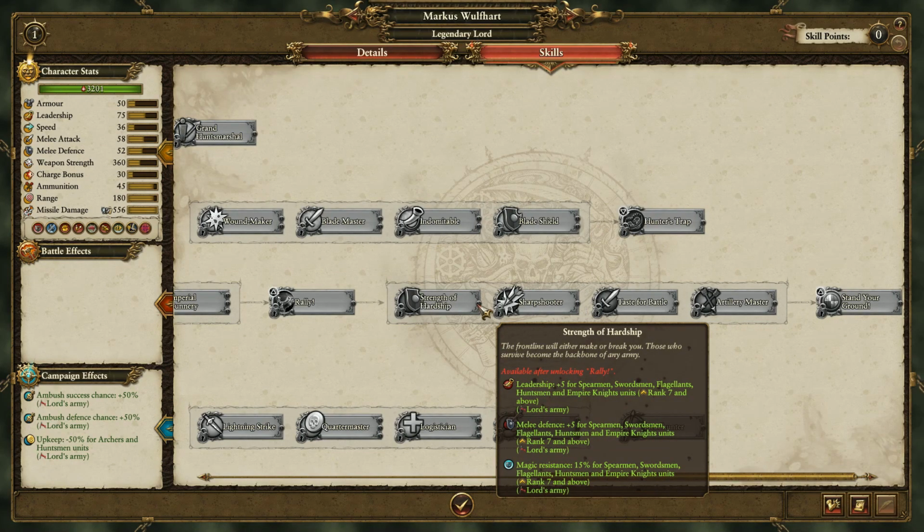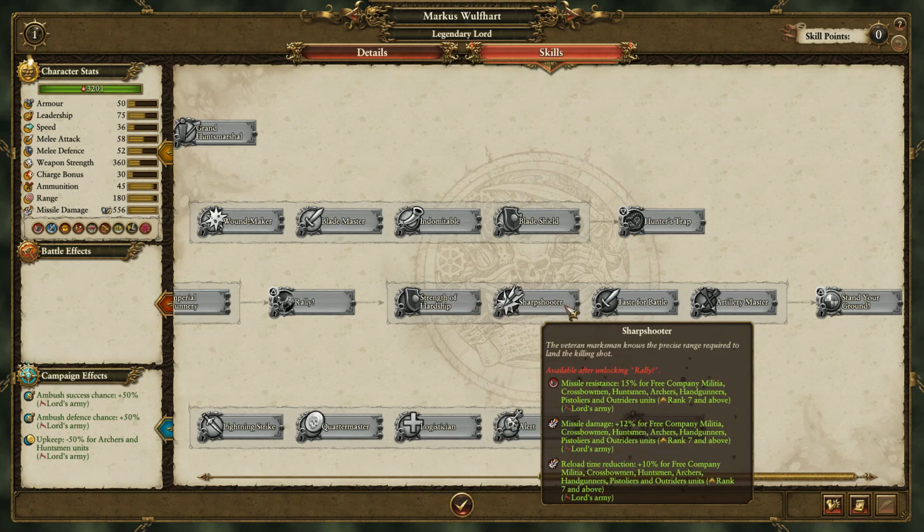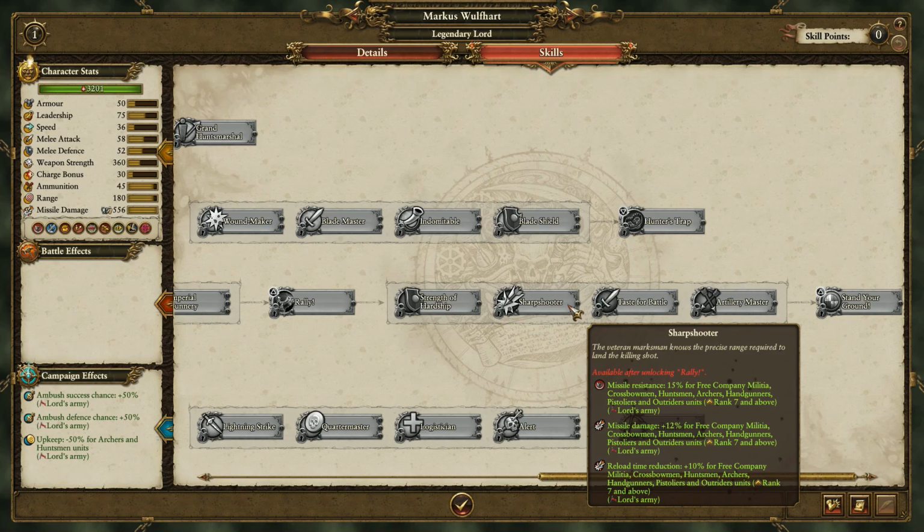Strength of hardship, leadership plus 5 for spearmen, swordsmen, flagellants, huntsmen, and empire units, above rank 7, plus 5 melee defense, and plus 15% magic resistance. The sharpshooter, which provides missile resistance plus 15% for free company militia, crossbowmen, huntsmen, archers, handgunners, pistoliers, and outriders, also 12% missile damage and 10% reload time